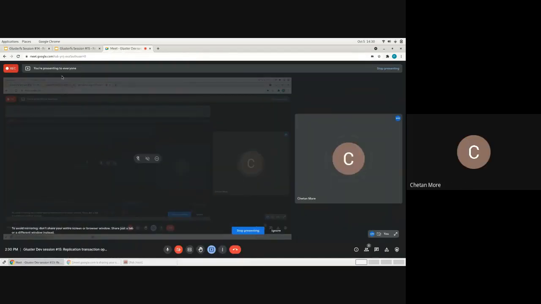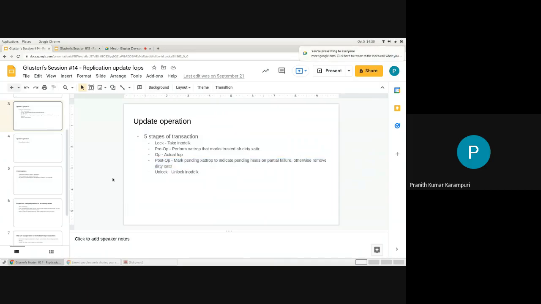Okay, cool. So just to complete that example, let's say you create a file A, and it got created on just 2 bricks, but on the third brick it did not get created, and the mount point itself died.